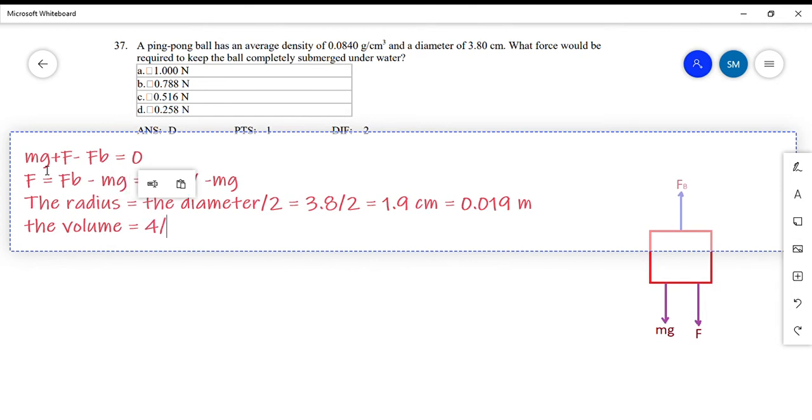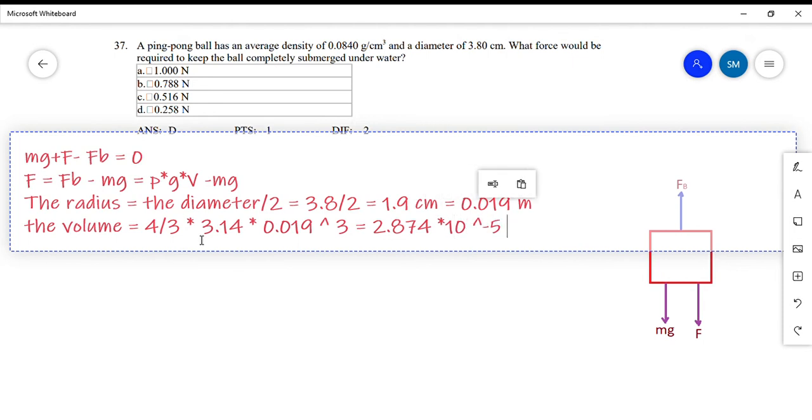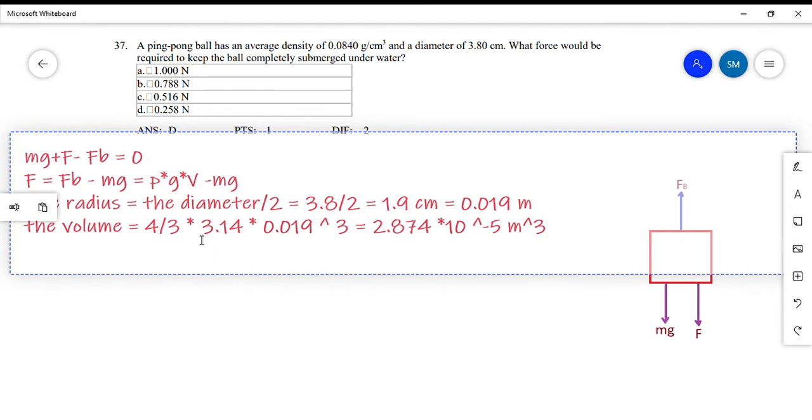4 over 3 times pi times the radius power 3. The radius is 0.019 power 3. By using the calculator, the volume will be 2.874 times 10 power negative 5 meter cube. So this is the volume,